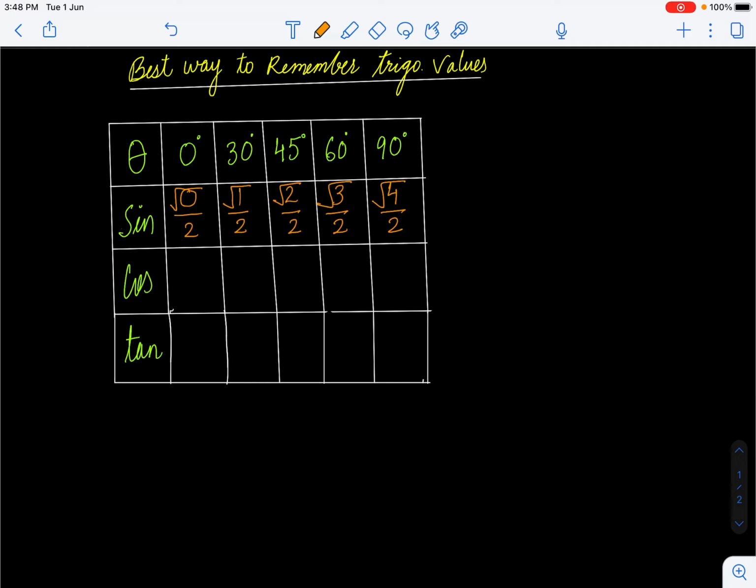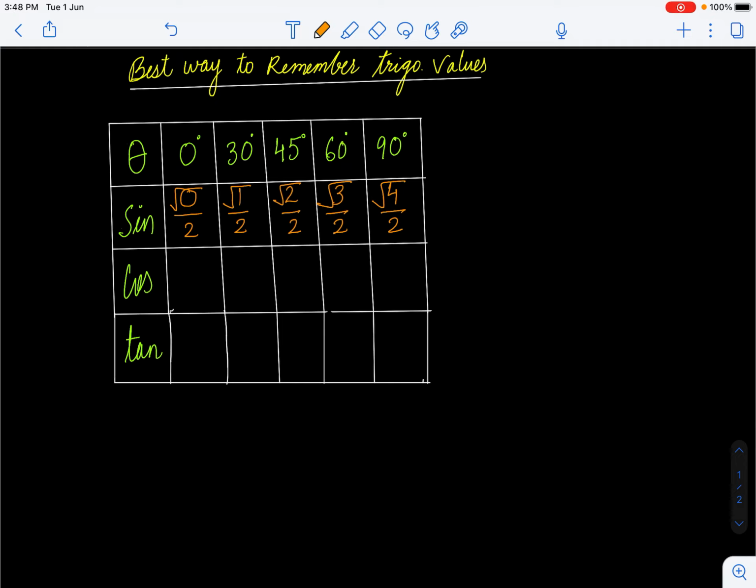So these are the values for sine 0, sine 30, sine 45, sine 60 and sine 90. As you can see, we know square root of 0 is 0, so this is 0. Square root of 1 is 1, so it will give me 1 by 2. And sine 45 is square root 2 over 2. Sine 60 is root 3 over 2. Now sine 90. Now root 4 is 2. So 2 by 2 is 1. As you can see very clearly, I have used a very simple method. I started from 0, 1, 2, 3, 4. Divide by 2. And then take square root on the numerator terms.